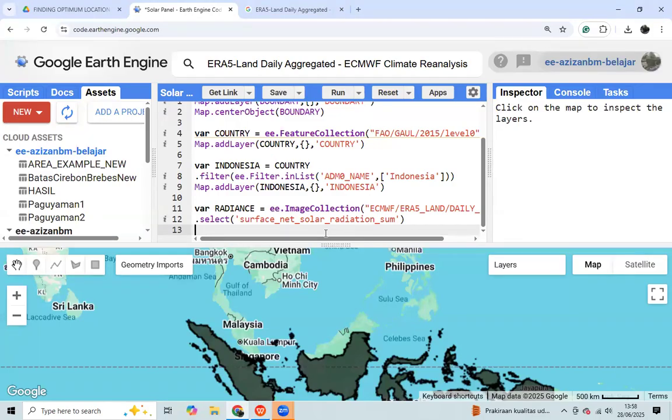After we choose the data, we can filter it by bounds. We choose the Indonesia data. We choose Indonesia as the region of interest. This is the whole country.